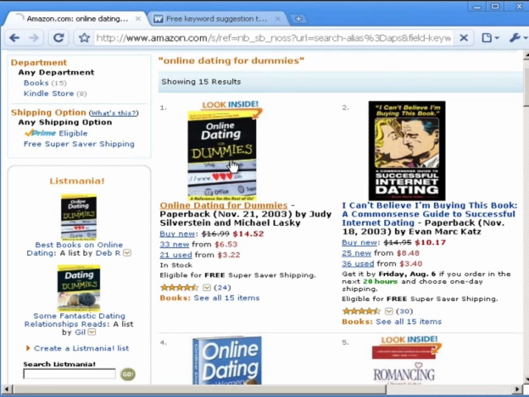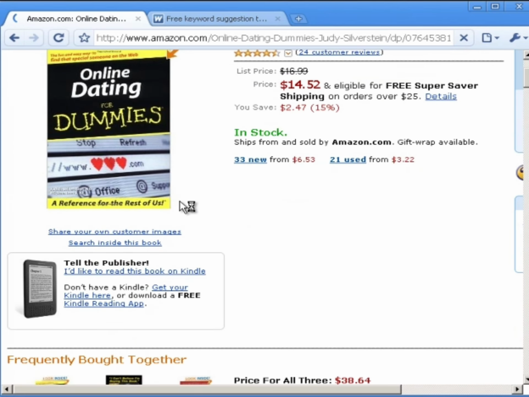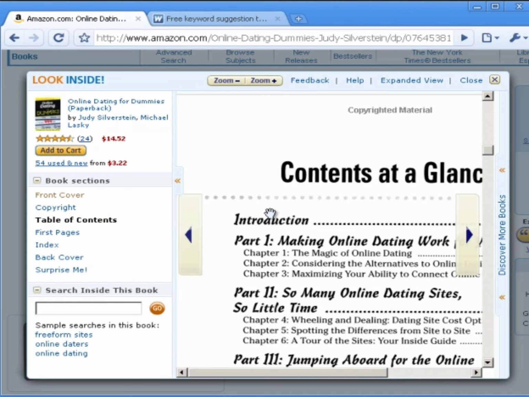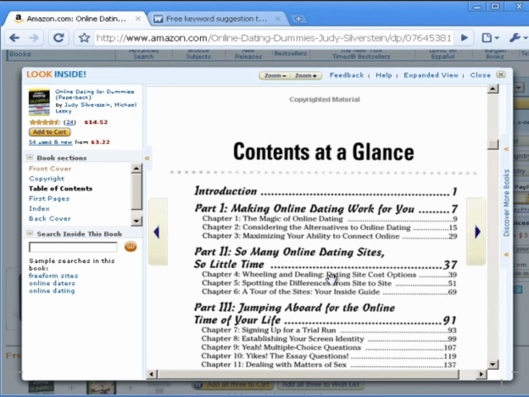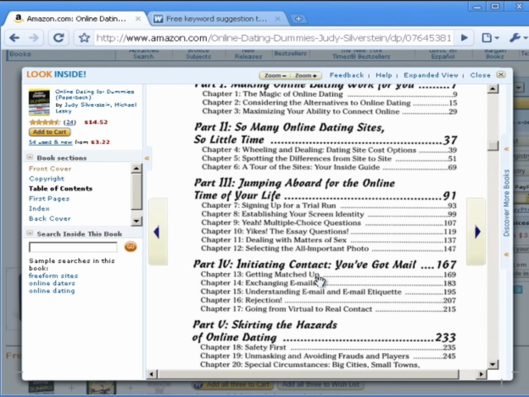But if I click on this, yeah, see, dummies books always have a table of contents. So if I click table of contents, you can actually see here the table of contents. So the point of this is just to get an idea of what possibly your table of contents could look